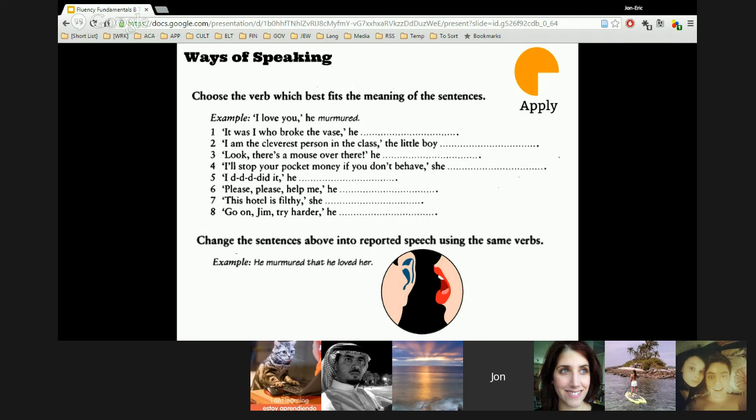Lena, what do you think about 5? Oh, that's easy. I did it, he screamed. No, I did it. He didn't scream it. What did he do? Ah, yes, I know, it's something like stamped. Stammered. You could say stammered or you could say stuttered. Both of those will fit. I just thought he said it with excitement. Yes, I did it.